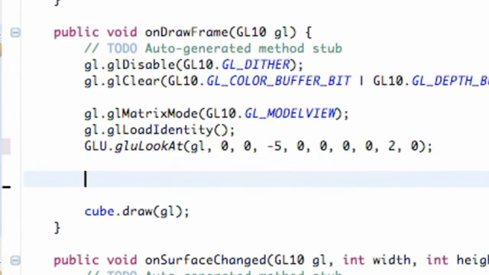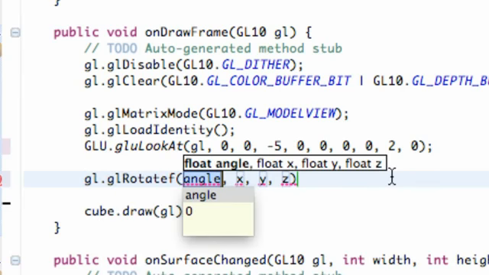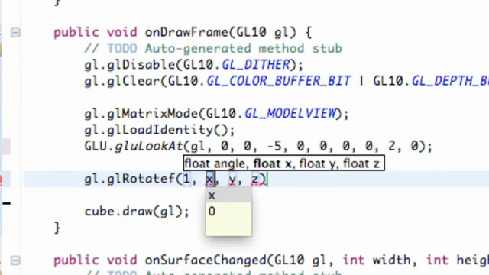And how we do this is pretty simple. We're just going to say GL, again relating to the GL10 object that we're going to pass in. We're going to say GL rotate, and we're going to use the F for float. And the first parameter here is the angle. So we're just going to say, I don't know, whatever angle you guys want,